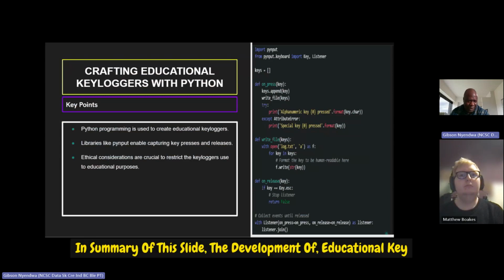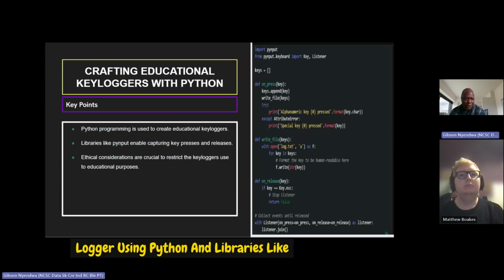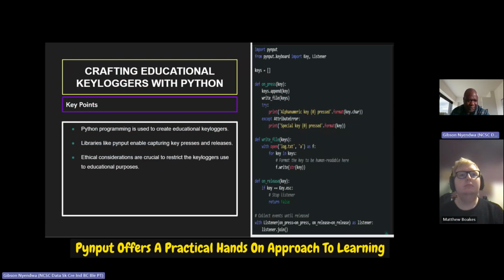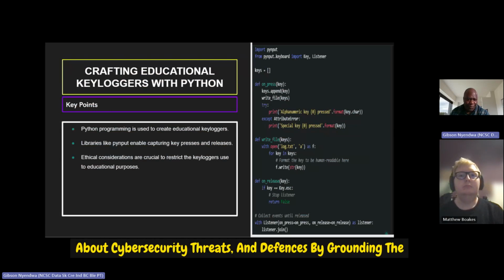In summary of this slide, the development of an educational keylogger using Python and libraries like pynput offers a practical hands-on approach to learning about cybersecurity threats and defenses. By grounding the technical operation in ethical consideration, we ensure that our educational endeavor contributes positively to the broader field